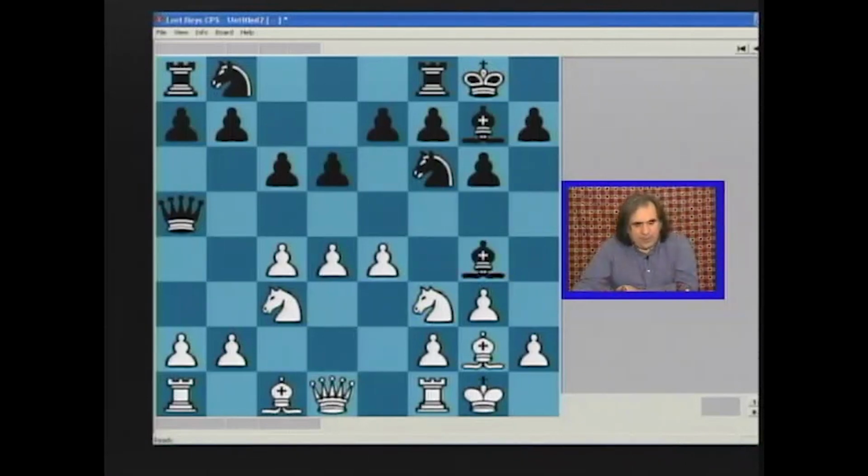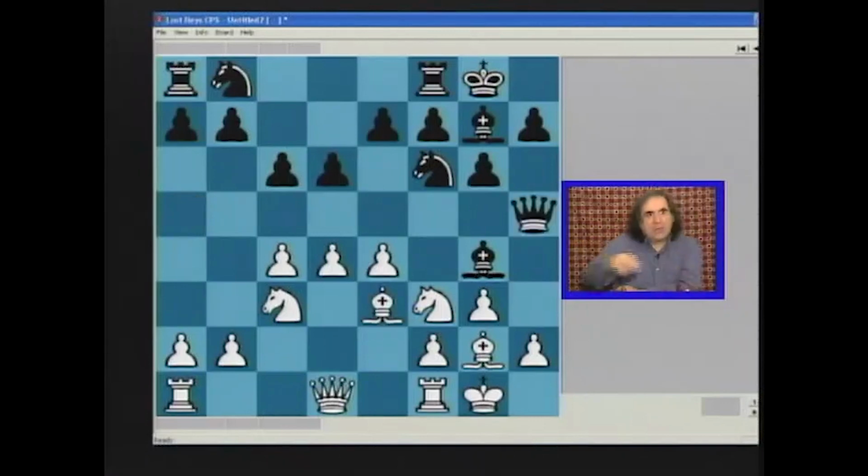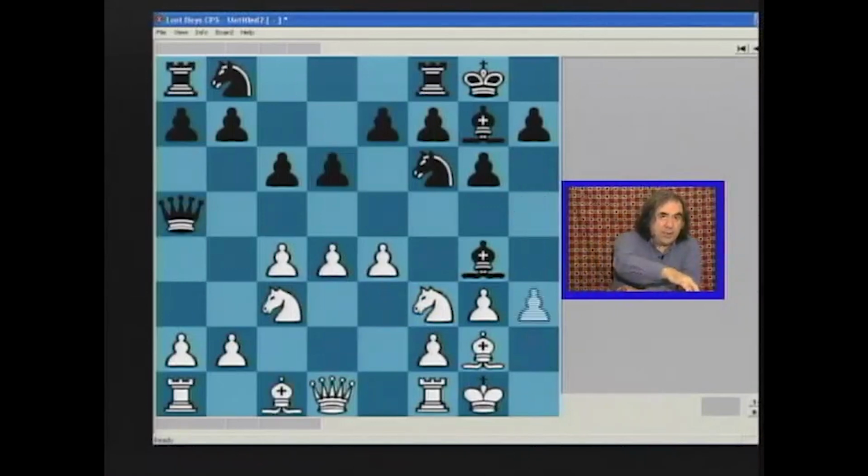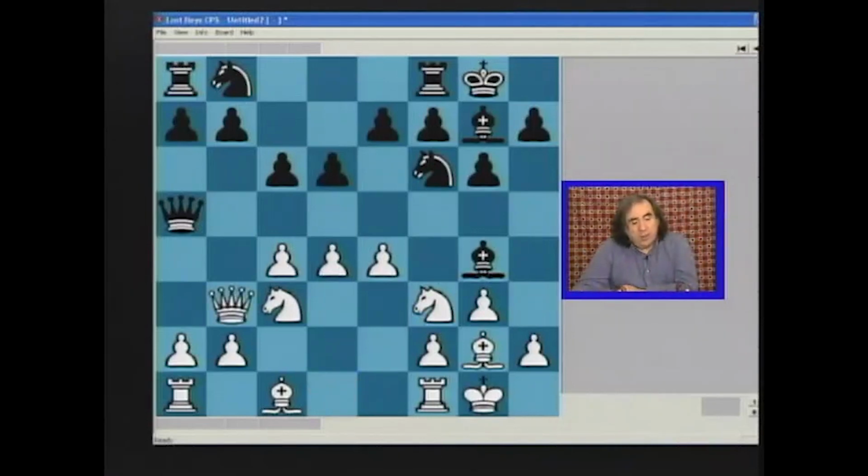After the bishop g4, white practically must play h3. Why? Because on bishop e3, black can play queen h5, and this pin may be very annoying. So that's why h3 is probably the best move. It has to be the best move. The only other thing you have to know here is what to do on queen b3. On queen b3 you go queen b6,